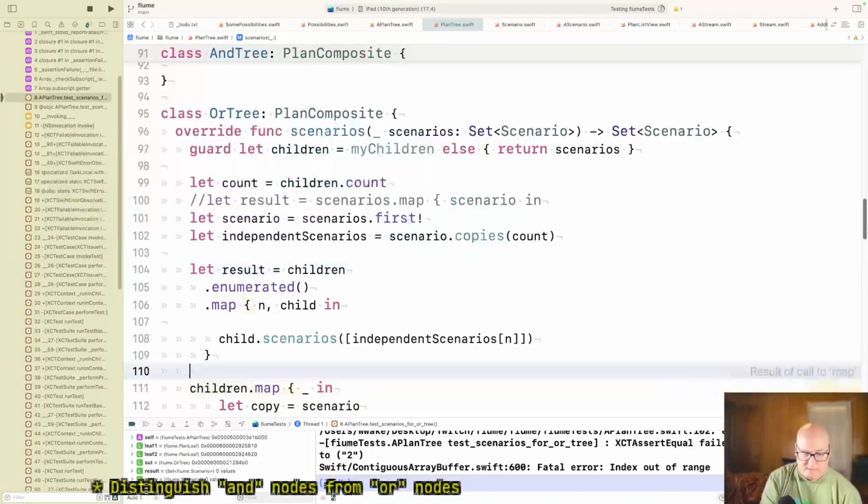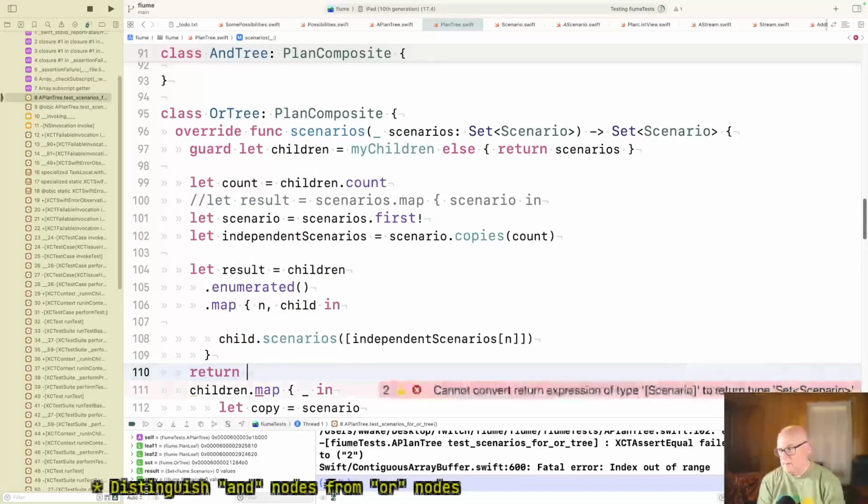Okay, and then return. Yeah, there is a zip. That was where I was almost going. But if you have those things running on their independent scenarios, you get back a list of sets.